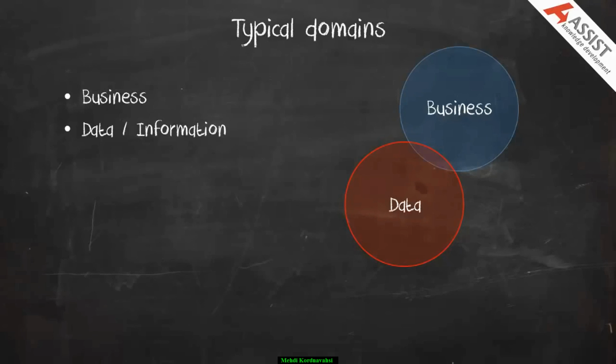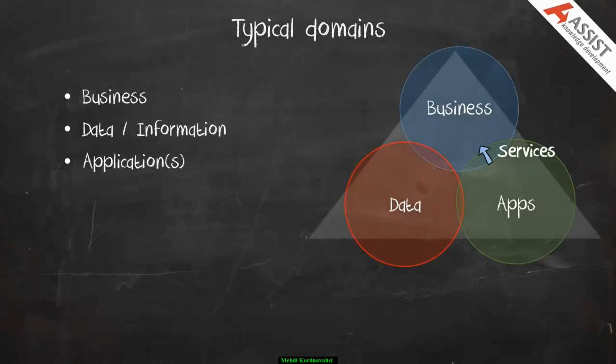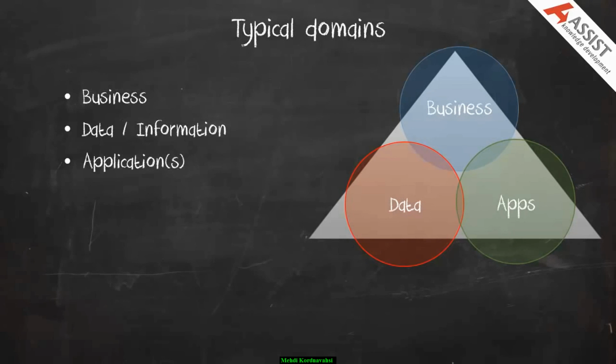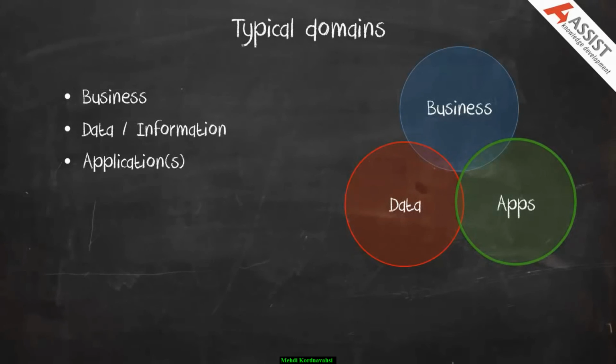The other half of the information systems layer is the application or applications domain. I won't go into the distinction by using the S here. This is focusing on the IT applications, applications which offer services to the business. And we have a little triangle going on here between business, applications and data. Applications are there to help manipulate the data on behalf of the business. And the applications provide these application services up to the business, which in turn the business architecture is there to describe the business services being offered, either internally or externally to customers and so forth.